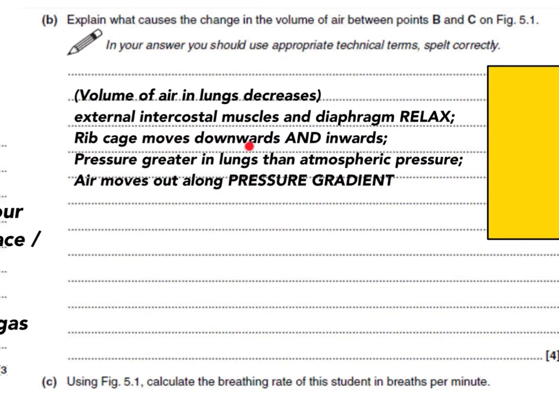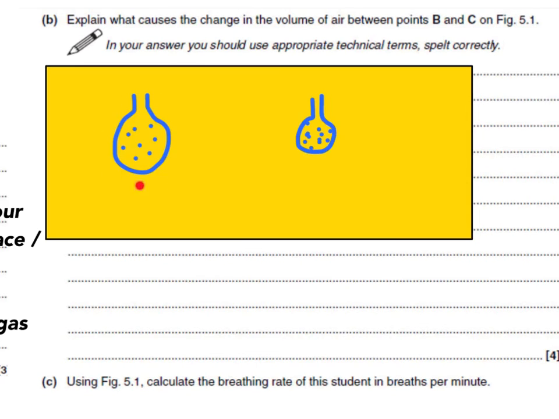The rib cage moves downwards and inwards, so the volume of the rib cage or the volume of the lungs decreases. Therefore, the air pressure is greater in the lungs than the atmospheric pressure. So this is before the change and this is after the change. So you can see that the volume of the lungs is decreased and now the same amount of particles are